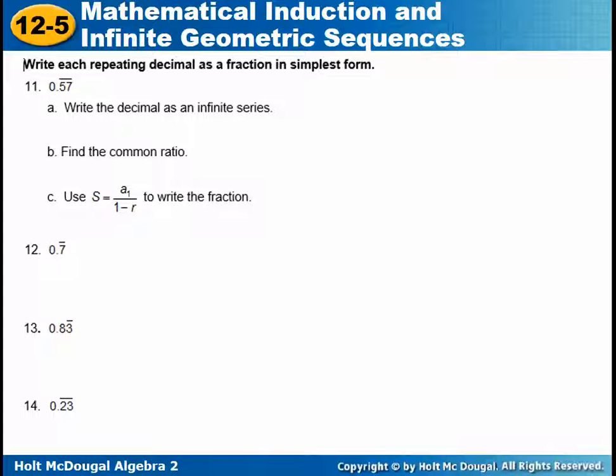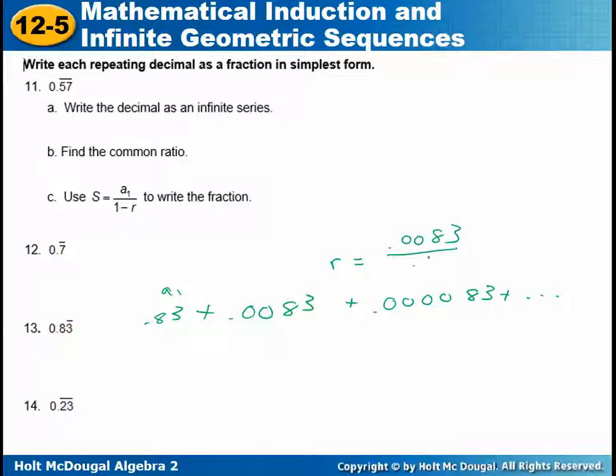There's a couple of these on your worksheet. There are some where you repeat one digit and some where you repeat two digits. So the first step, I'm going to do number 13, is to write this as a series. So this one has 2 digits repeating, so I have to add 2 zeros. You don't want to cover up the other numbers if we were adding these vertically. And now this is a sub 1, I need to find the common ratio, which would be